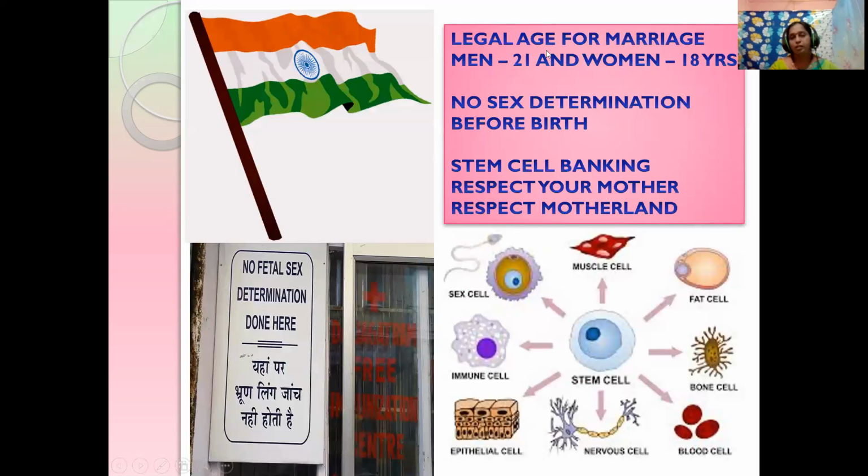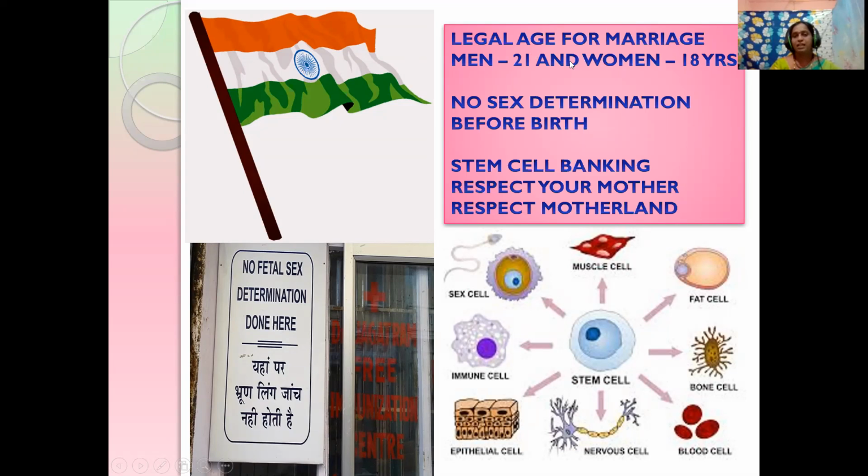Okay, you know that the puberty age of men is 11 years and of women 13 years. So they are able to release eggs and sperms, but that is not a legal age for marriage. The government has proposed a legal age, for men 21 and for women 18 years. Why has it been proposed? Because a female body is not ready to bear a child and give birth.